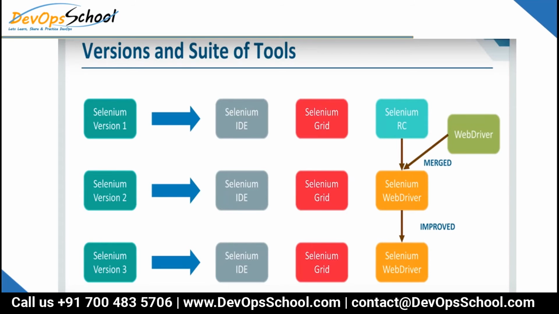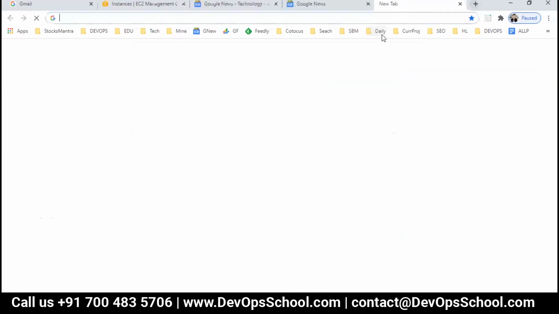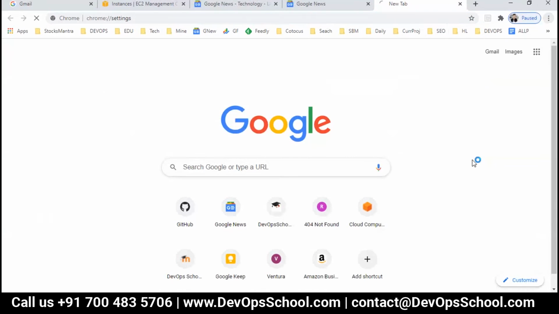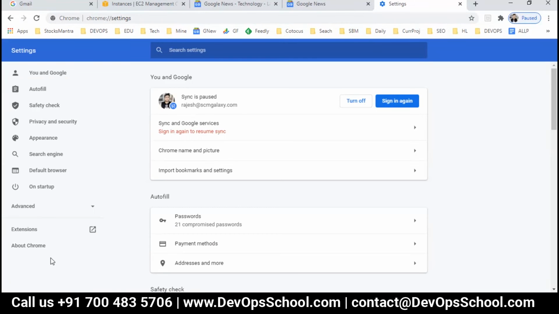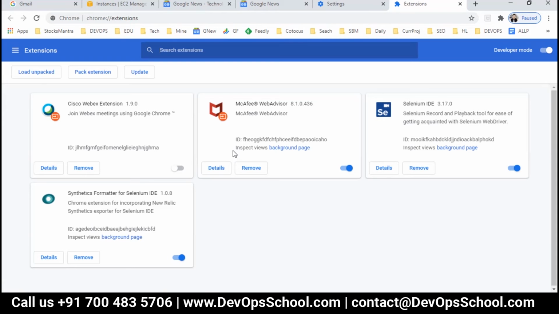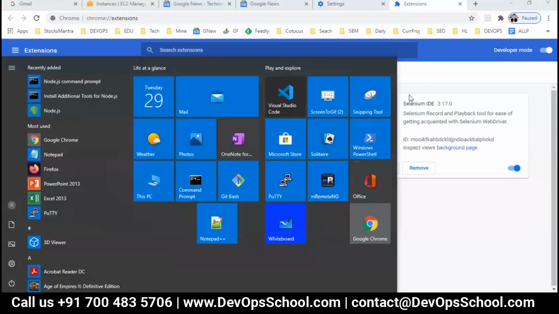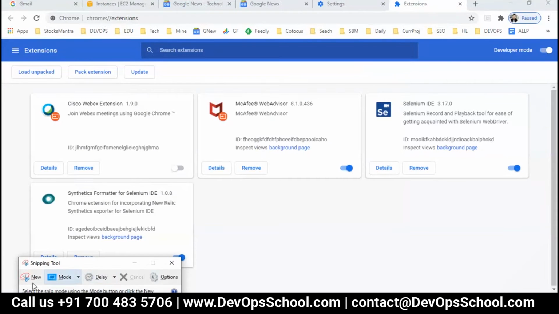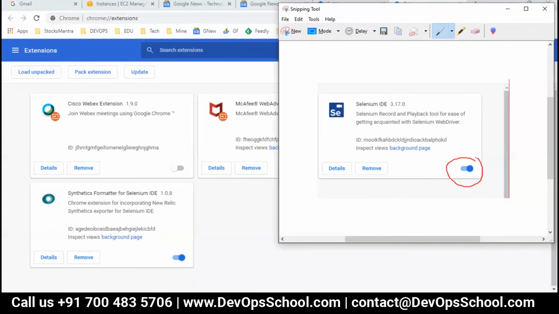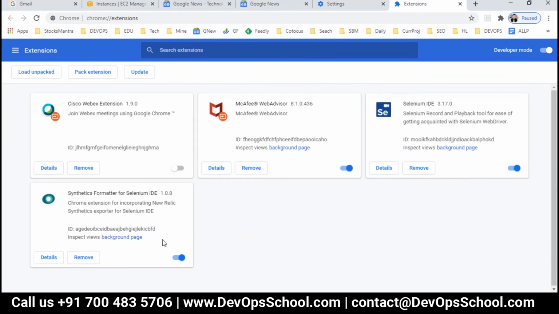Let's say this is my browser and I go to settings, I go to extensions, and here you can look at my screen. This is the IDE which is installed also, and enabled also. Okay, so this is the Selenium IDE.